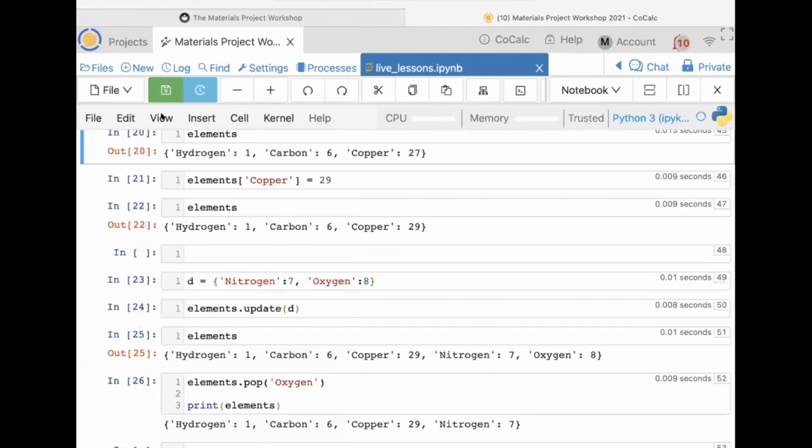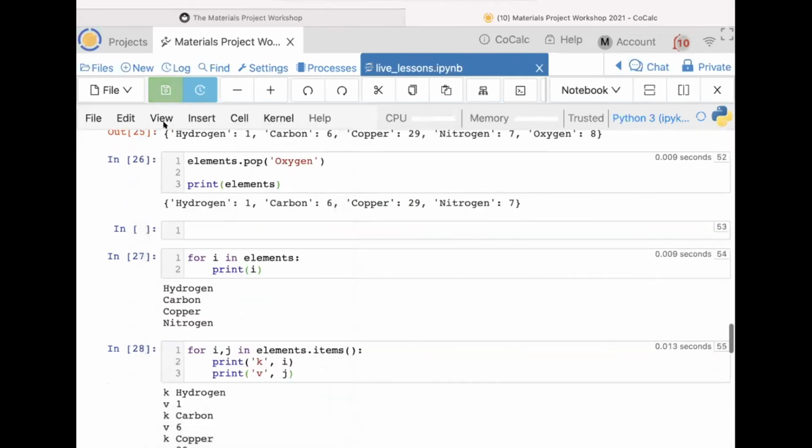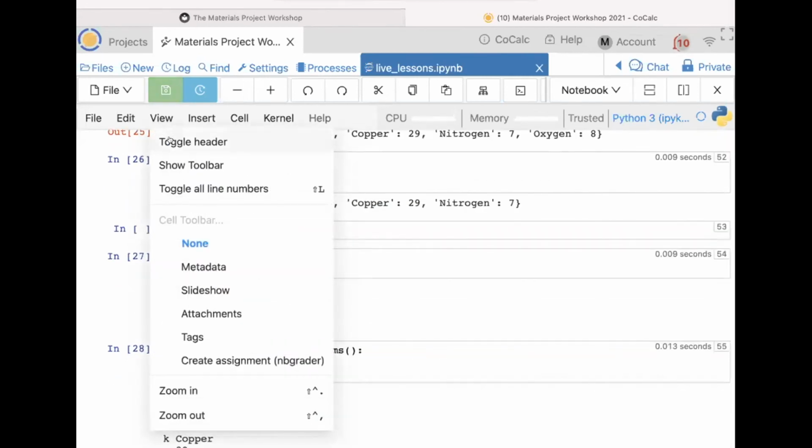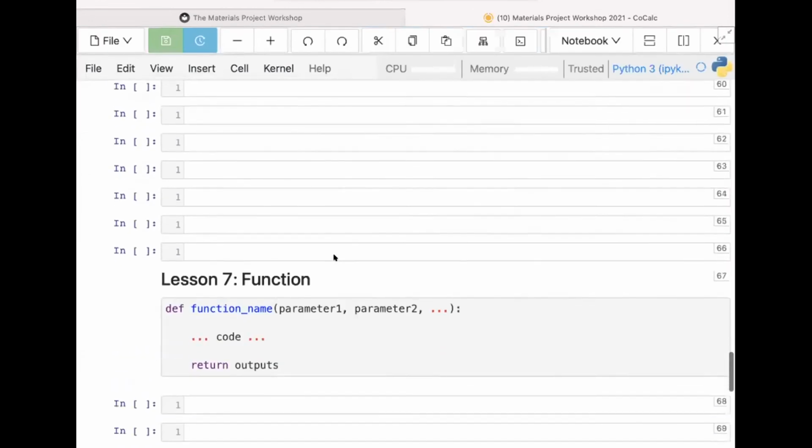Oops, it's not responding. I just want to toggle the header to give more space. Here we go. Okay,